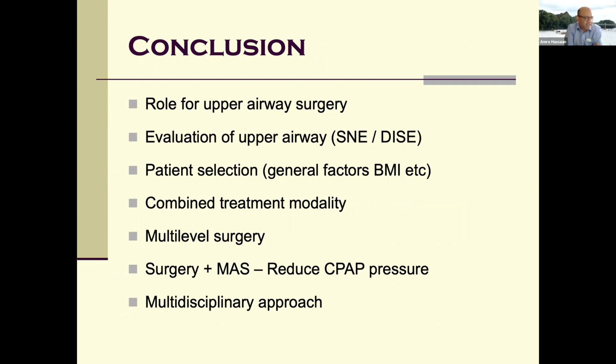Patient selection: if you want a good outcome from your OSA surgery, you've got to select your patient. Someone with a BMI of over 40, it doesn't matter what you take out. The fat is still there. The hypoventilation is still there. You're not going to do very well. Personally, I'm quite strict about BMI being under 32, unless there's an obvious anatomical problem, preferably under 30. And I'm quite happy to refer you to a dietitian to help with that.